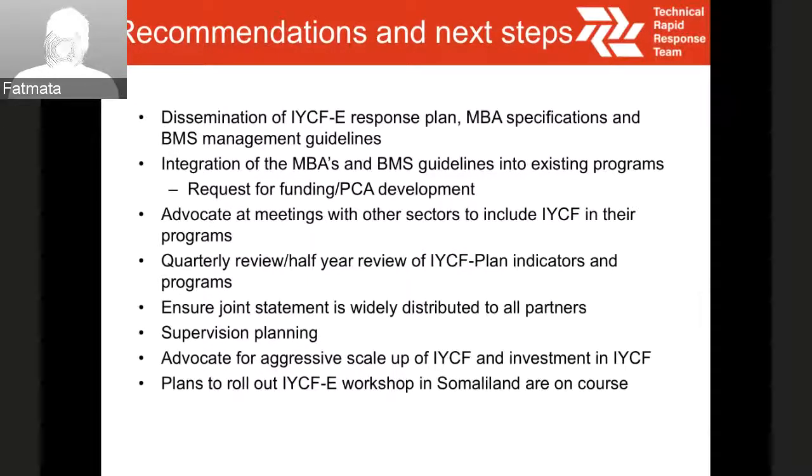Then, as Michelle earlier mentioned, we were only able to conduct the workshop in two places, in the central south regions of Somalia as well as Puntland. But we were awaiting the end of Ramadan to conduct the workshop sessions in Somaliland, and currently we are planning for this to be done any time from now, so that the entire country receives this key technical information. Over to you, Andy.